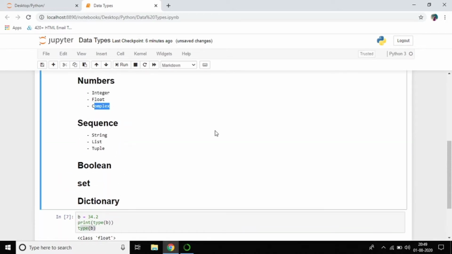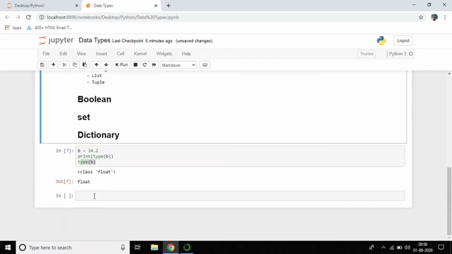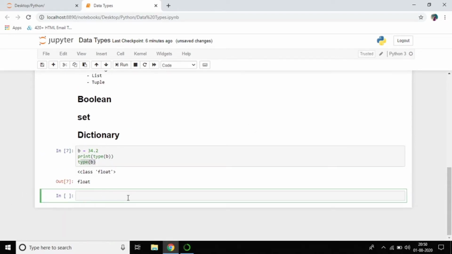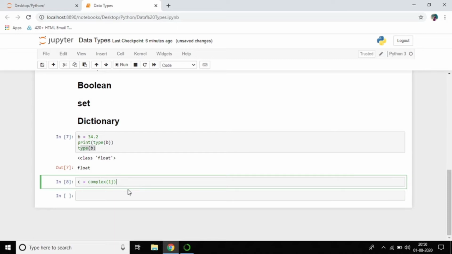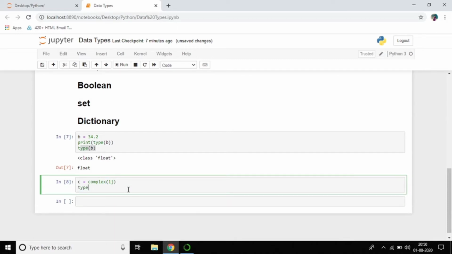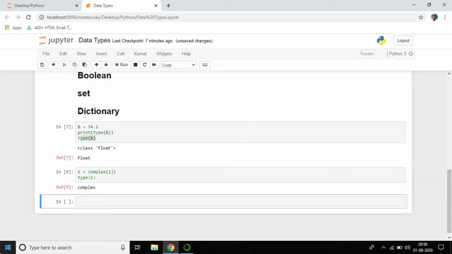The next one is complex. What is meant by complex? Complex means we assign a value like c equal to 1j, and then type of c. You can see it's a complex data type.